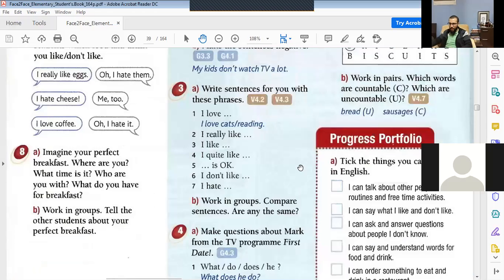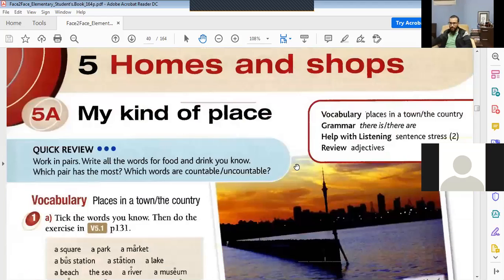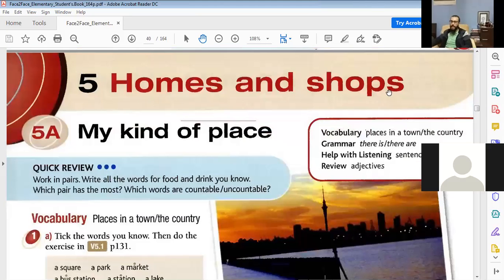I think it's clear. We can move on and talk about today's topic. So here we're going to talk a little bit about places and things around the city. Homes and shops. First of all, let's start with some